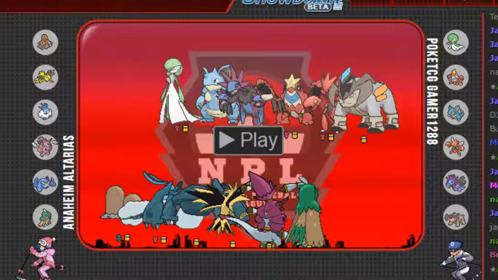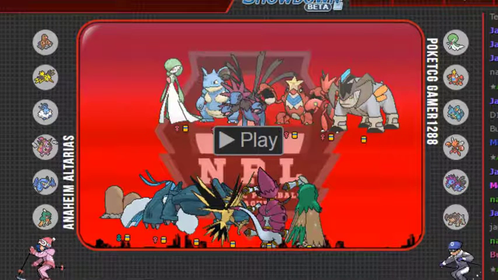Hydreigon for Sash Dugtrio, guard for the likely Hoopa or a non-banded, non-Sash Dugtrio lead. So,